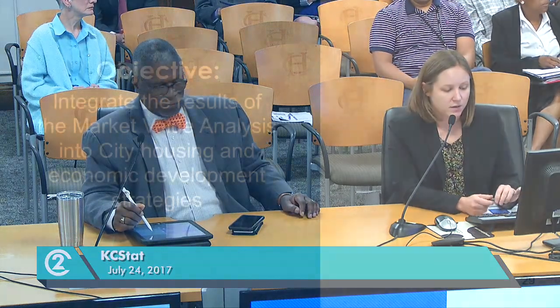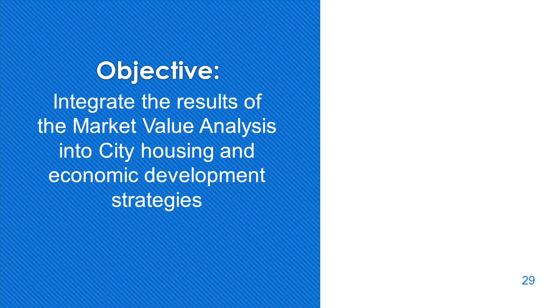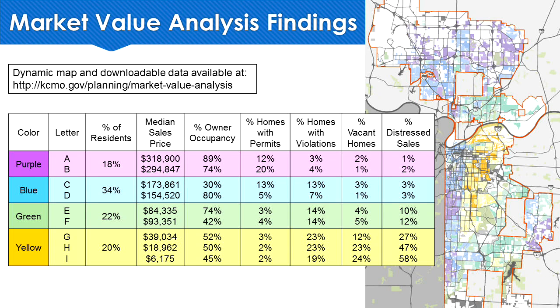The final objective, under this umbrella set of objectives about housing accessibility, is to integrate the results of the market value analysis into city housing and economic development strategies. So I can talk through these slides, but if anybody else wants to jump in and comment, please do, because this has been very much a group effort to oversee the development of the MVA, which was released in January. But really this integration part into city operations, neighborhoods has been a key driver all along, and then city planning and development is actually the entity that's overseeing the results and pushing them out to